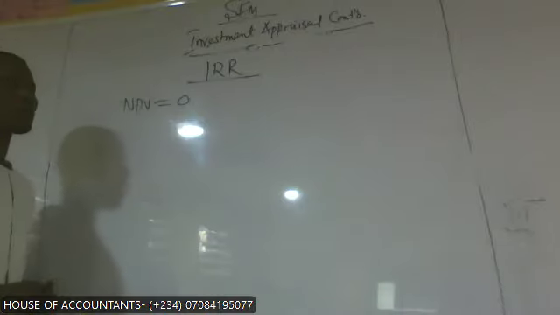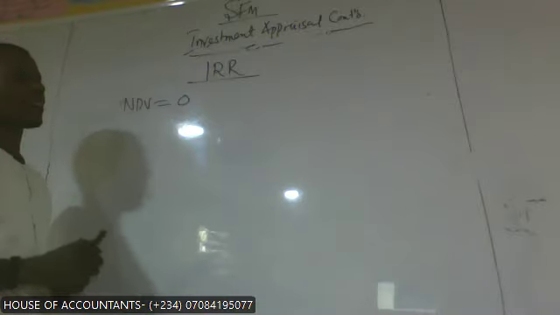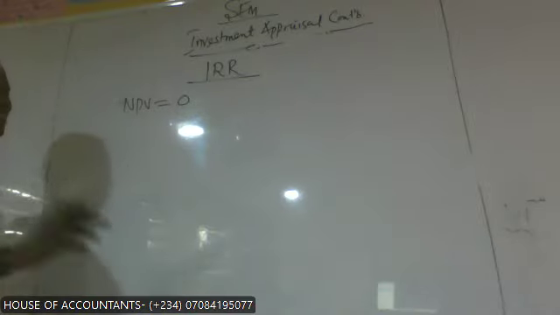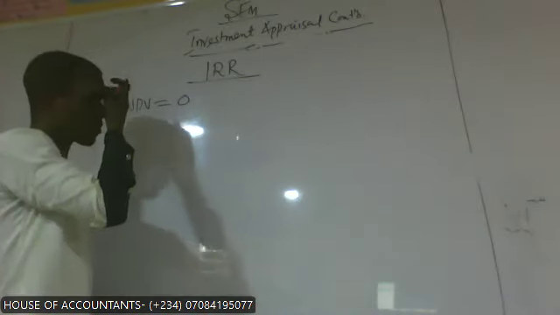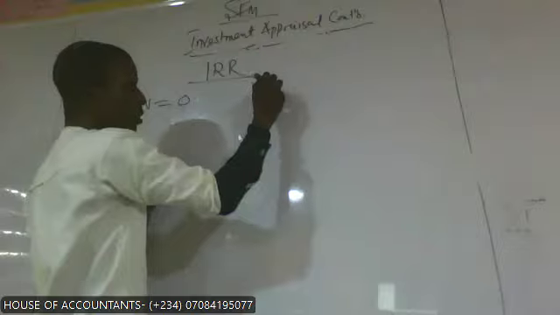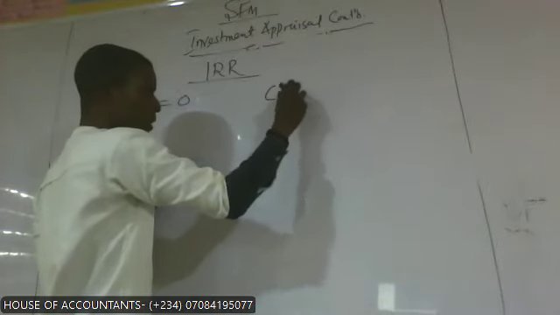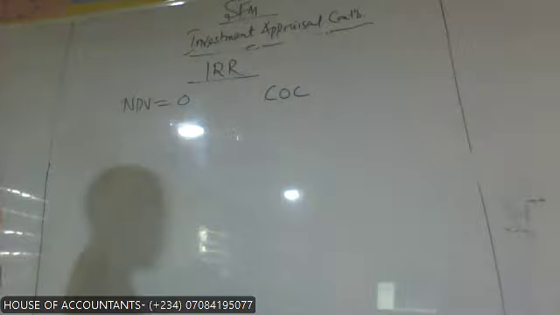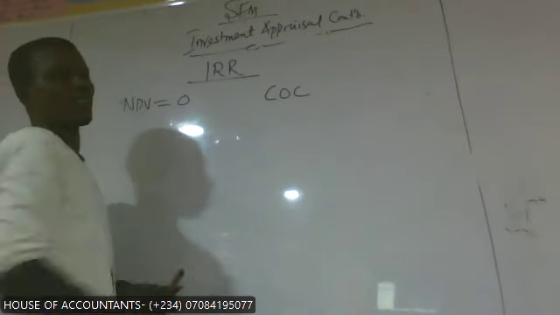Okay. Now, the rate that makes NPV equal to 0. Now, let me explain two things here. There's what is called cost of capital. We have not done it, but I know we have no idea about it. Cost of capital and internal rate of return. The two of them,